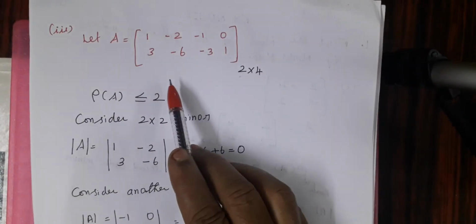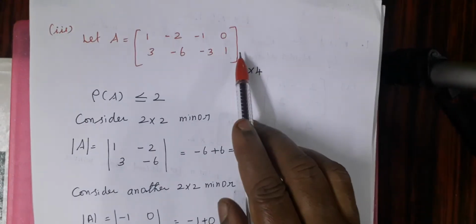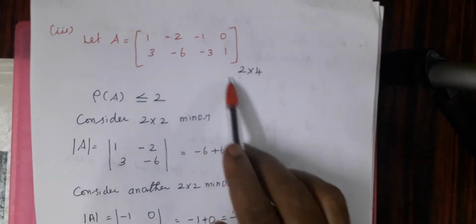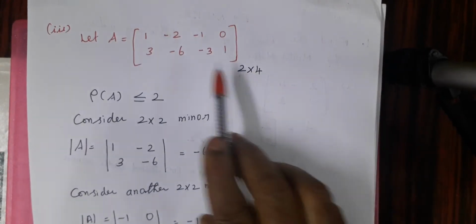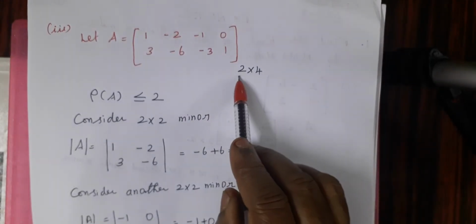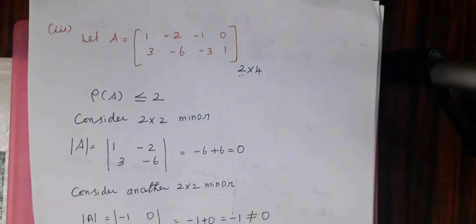What is the first step we are going to do? First you write the question given. That question is taken as A equal to. Afterwards write the order of the matrix. First always write the row, next write the column. Row and column, order is always studied in the 10th standard. Order is 2 rows, 4 columns. Which is the smallest number? 2 is the smallest number. So the rank is less than or equal to 2.